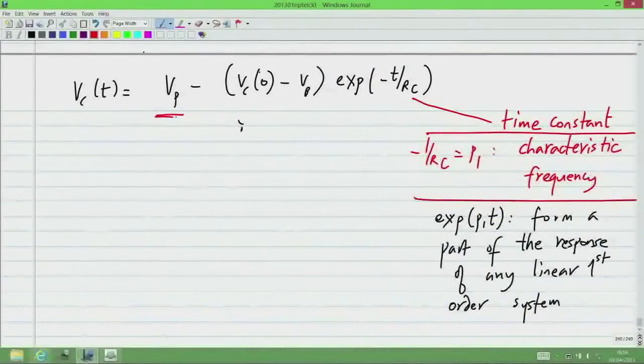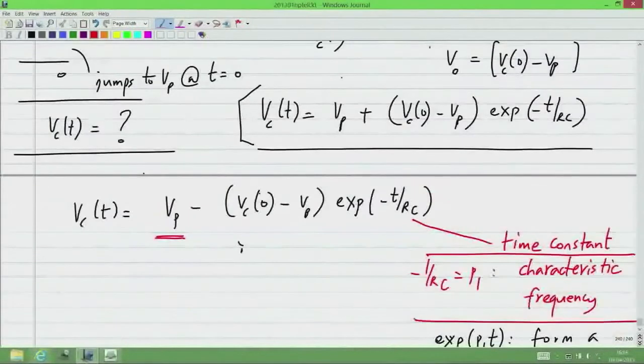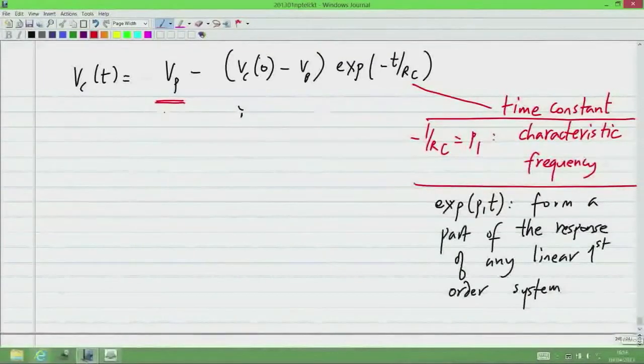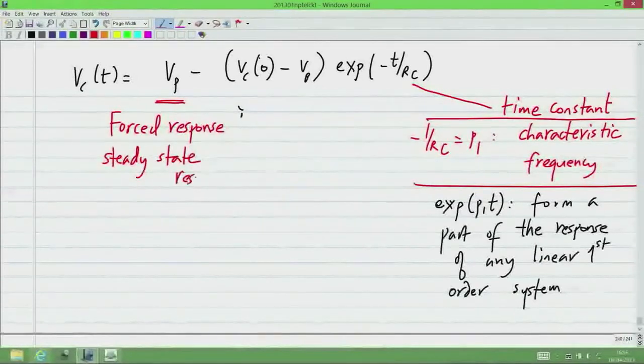This part, which is dependent solely on the input, this is known as the forced response or the steady state response,